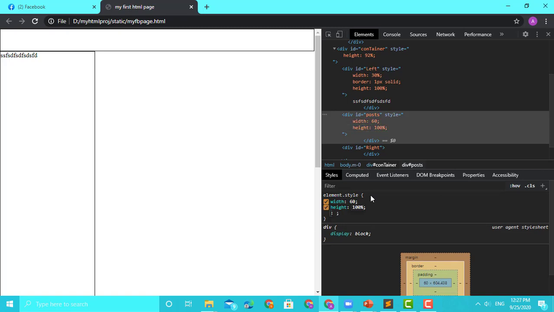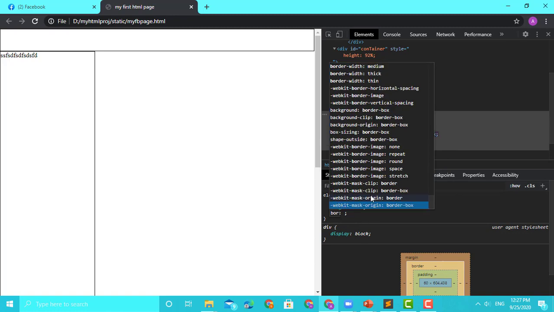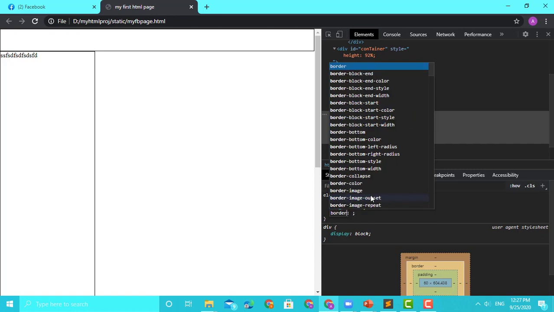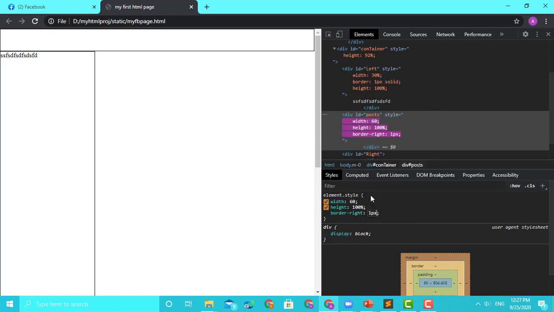Then I will put a border. I don't need all sides, I can even put border on one side, so I will say border right, 1 pixel, solid.